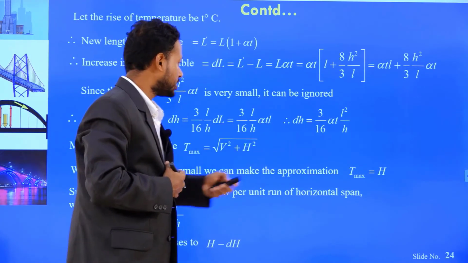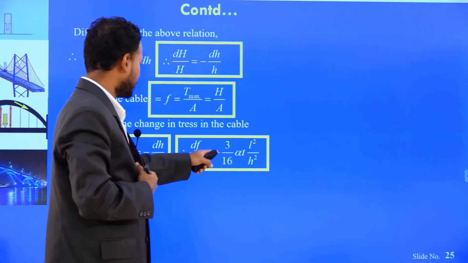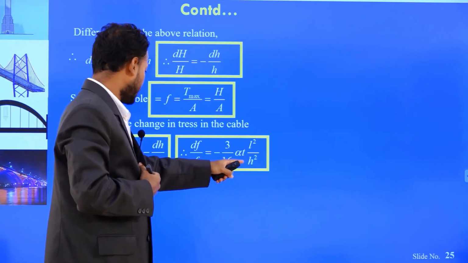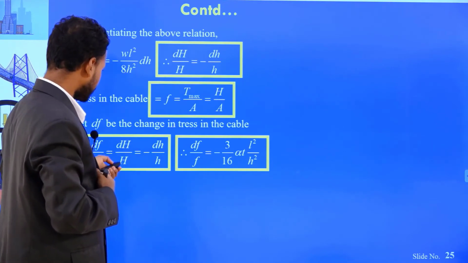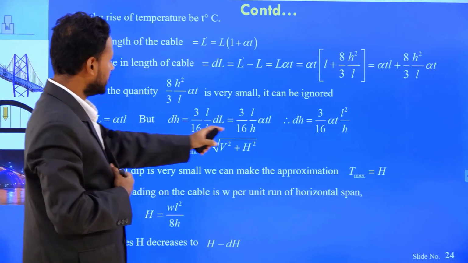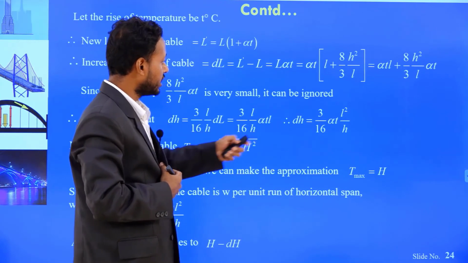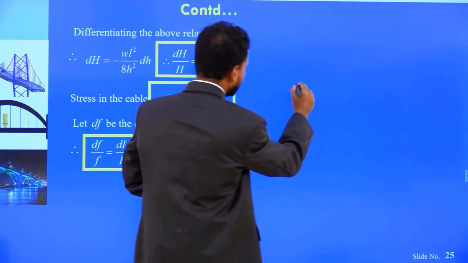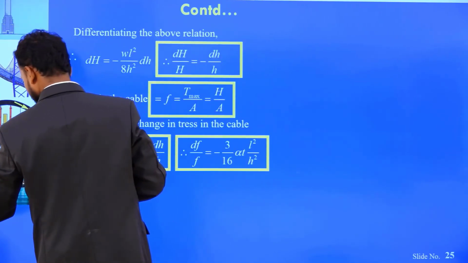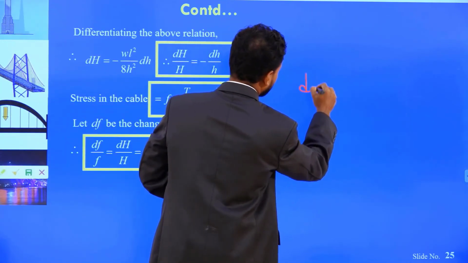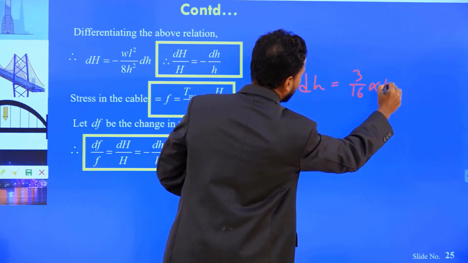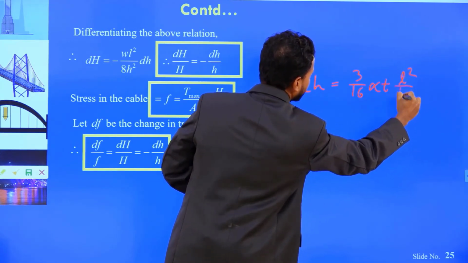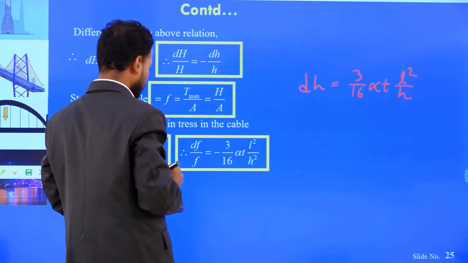L square by H. So I write here 3 by 16 alpha T L square by H, because one H is extra here. DH equals 3 by 16 alpha T L square by H, right? So